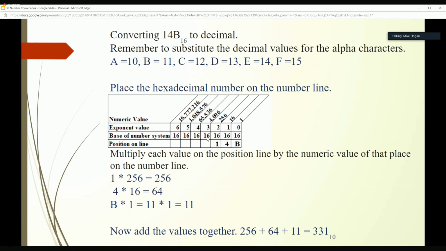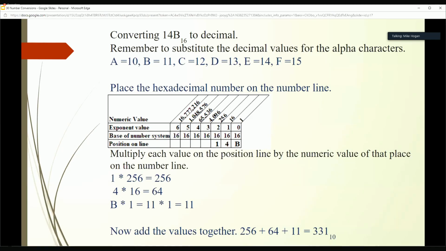We got base 16, 16 to the 0 is 1. The next weighted column is 16, then 256. So we need those 3 weights. For the first column, it was 1, so 1, 16, 256. We've got 4 16s, and then we've got B, which we said was 11